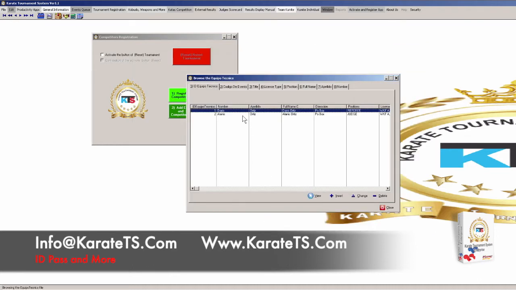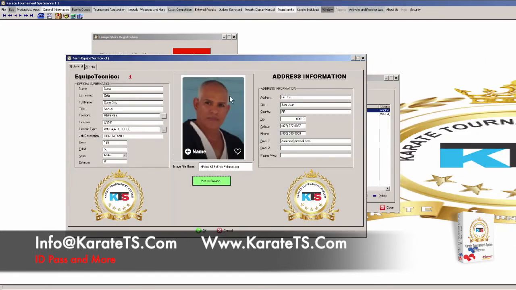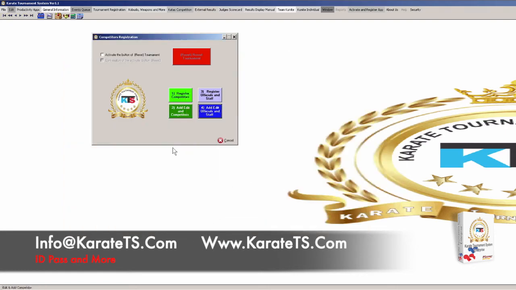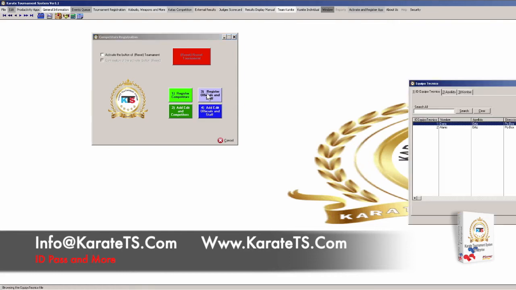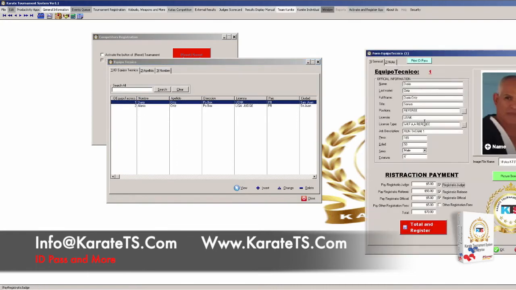But as you can see, all I did was add that official, but I did no ID. I can't do an ID badge from here. In order to do an ID badge, I will have to click OK and then go here to the first one, to the number 3 button, which allows me to do the badge. So now I pick the